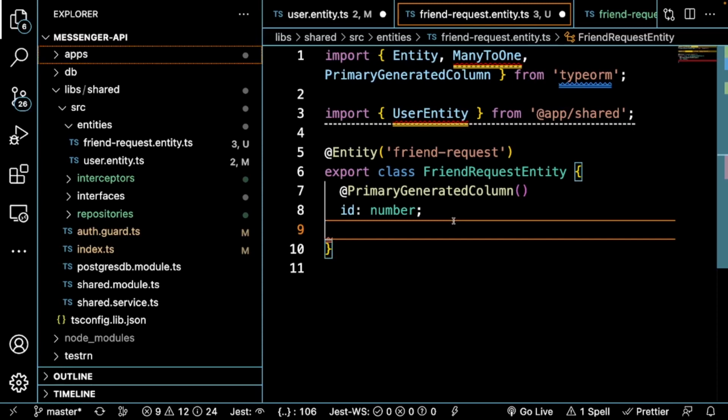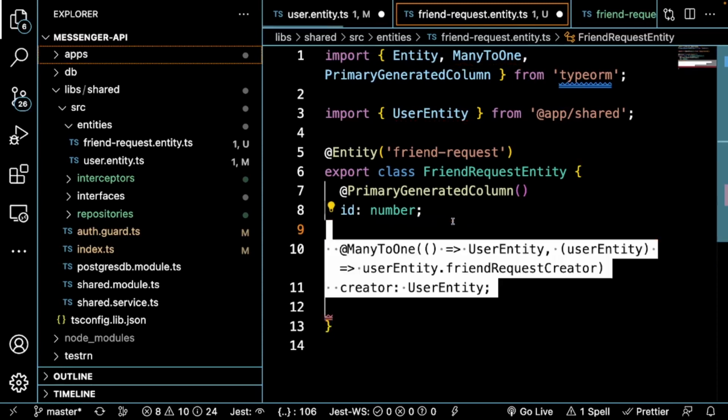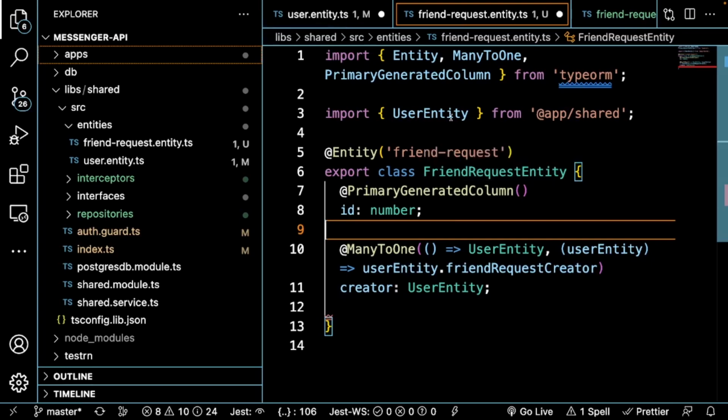Again, the focus of this is on the Facebook Messenger stuff. We just need something to be able to set this all up. So the inverse of the one-to-many is the many-to-one. So all of the friend requests will belong to a friend. And then we have this sort of coupled